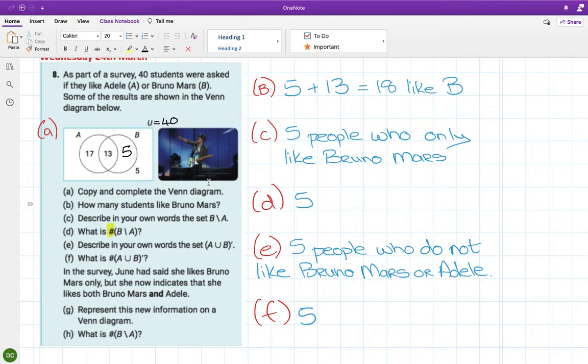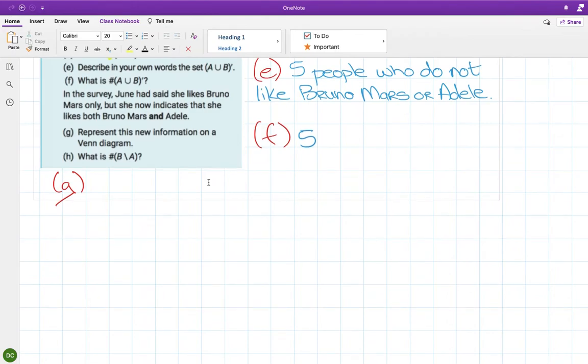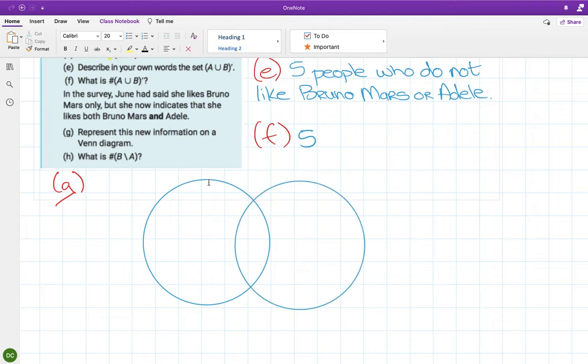Okay, so we'll do it under here maybe? Okay, so I need a circle for Adele. I need a circle for Bruno Mars, and then I need my